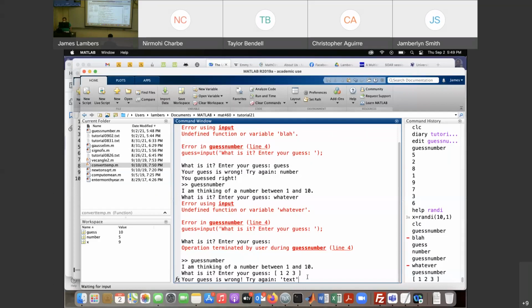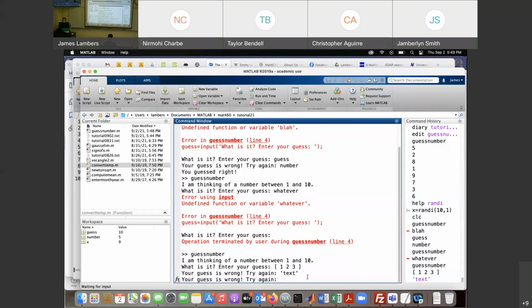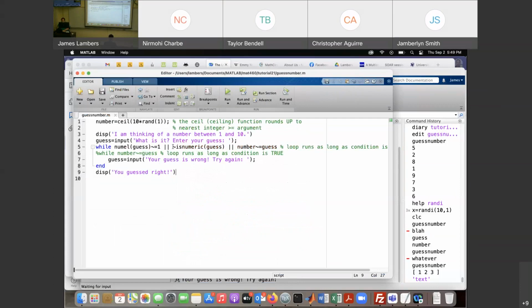I'm putting it in quotes. It handled that correctly too. The reason why is that the word text in quotes is a valid MATLAB expression, a character string. Now it's declared wrong as far as the loop is concerned because I'm checking for data to be numeric, and since this is not, the condition isNumeric